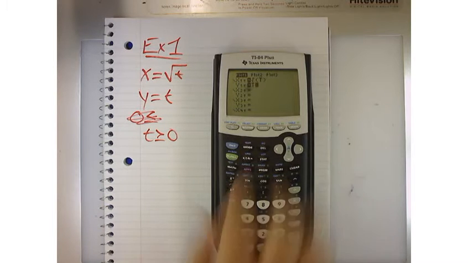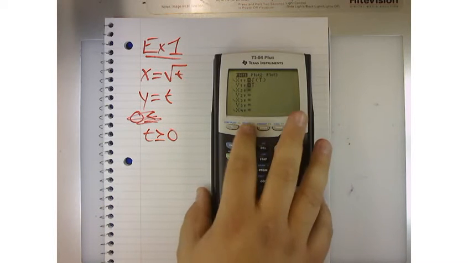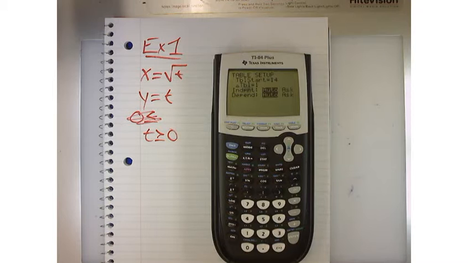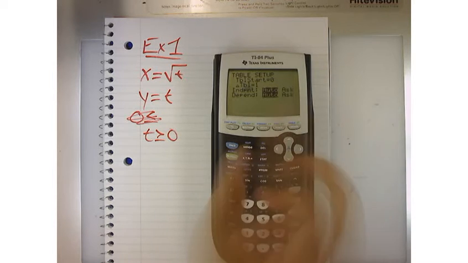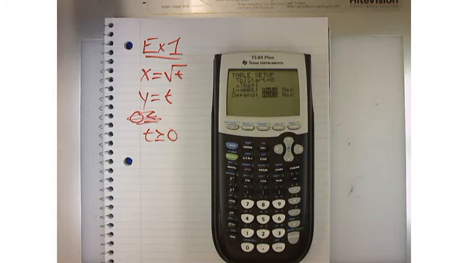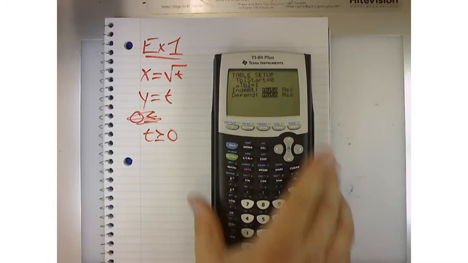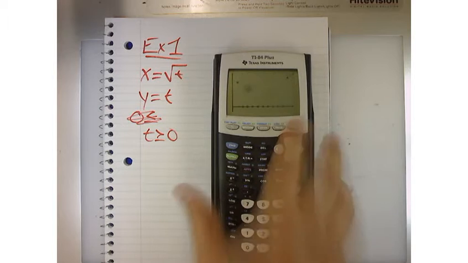So to set that, I would hit second table set, and I would want to start my table at 0, and then I'm going to count by 1. Does that make sense? Now, if I do that and I hit graph,